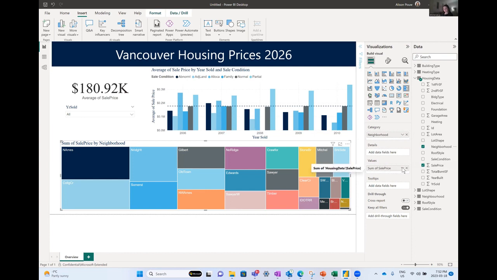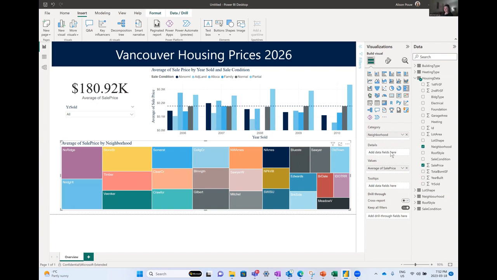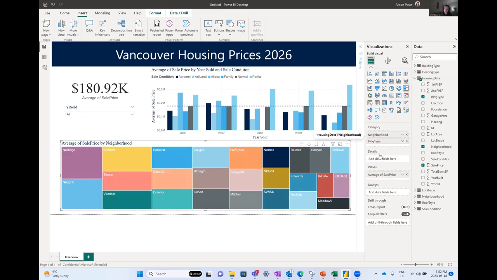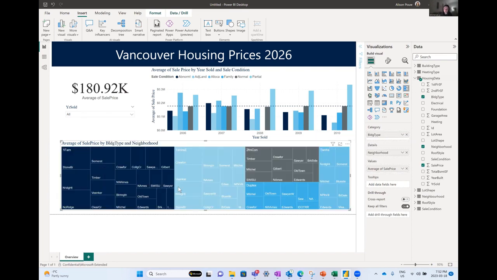So again, we have sum of sale price, don't want sum, move that to average. For our category, we have neighborhoods, and then let's say we want to change it up. We want to do building type. That looks a bit messy. That's a lot of categories. Maybe we switch building type over here, put neighborhood there. That looks like a more cohesive representation,